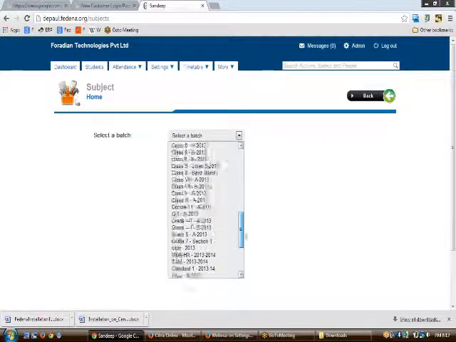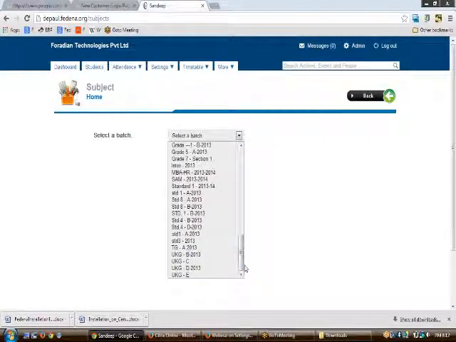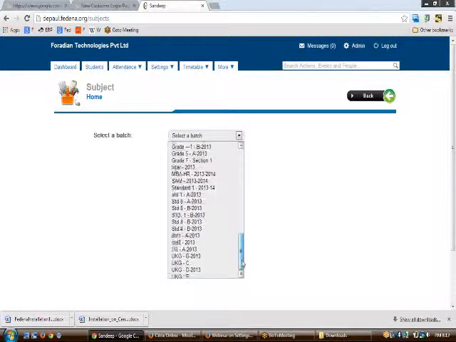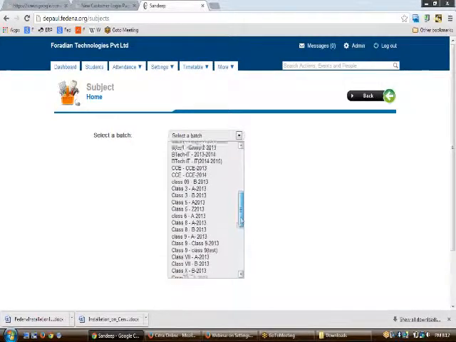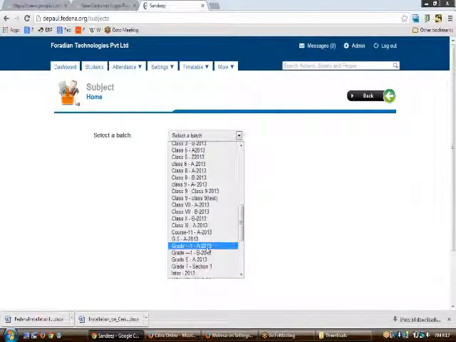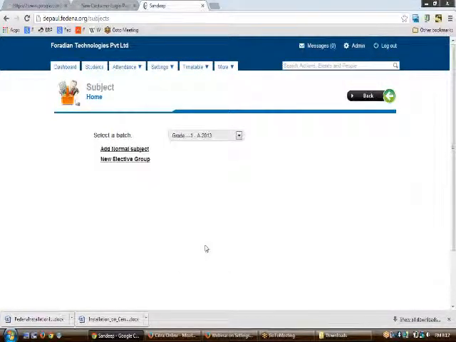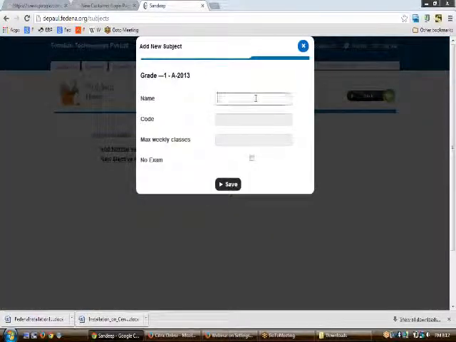In manage subject, you need to choose the batch that you want to add subjects to. Let us say that you want to add the subject to this batch which says grade 1, and click upon add normal subject, and then on clicking upon name you will be able to add some new subjects. So just click upon name and type the name of the subject as mathematics, let us say,